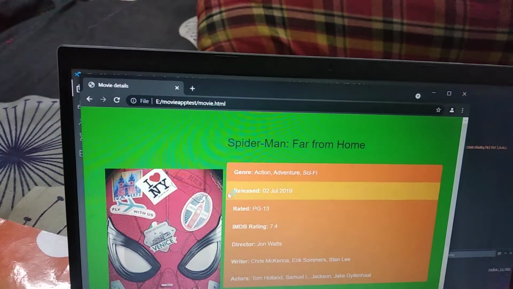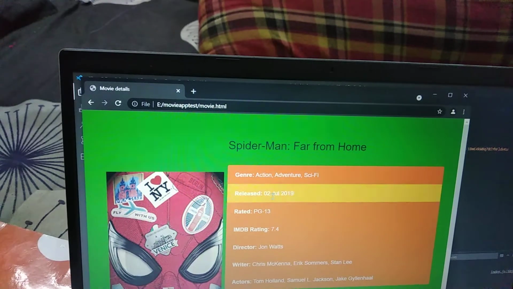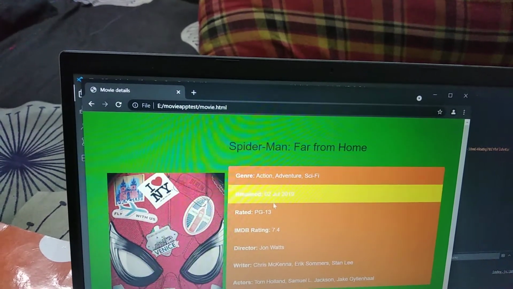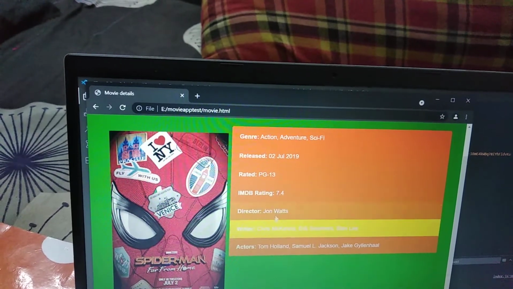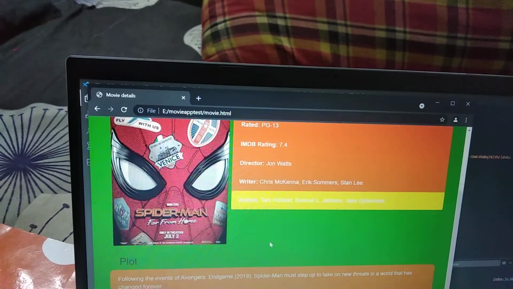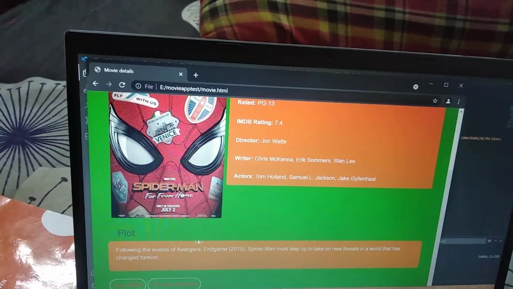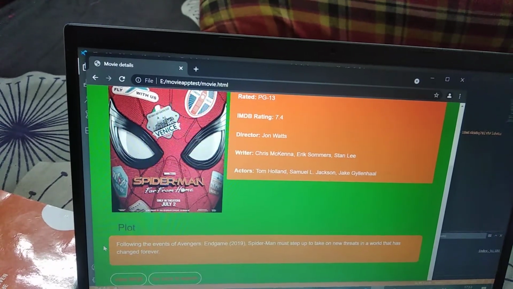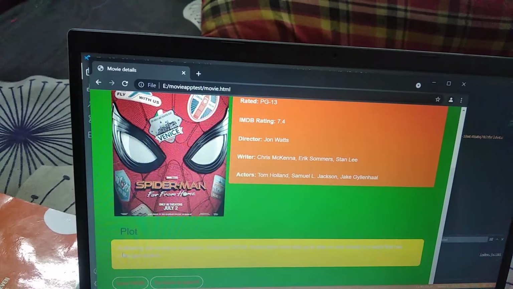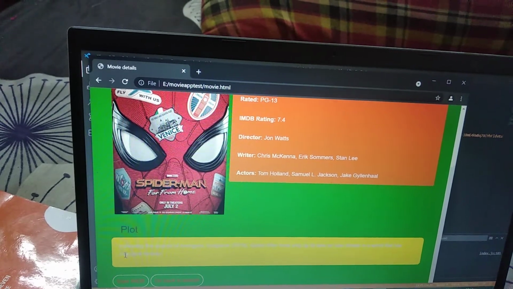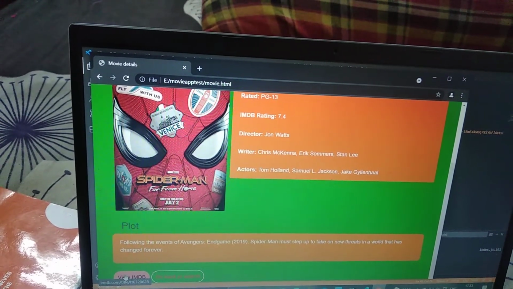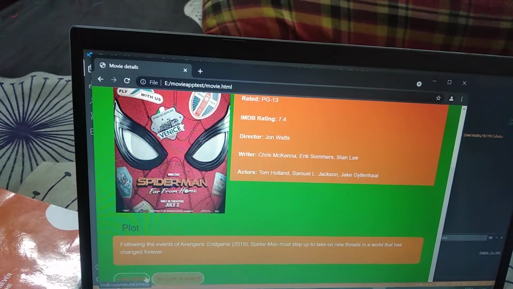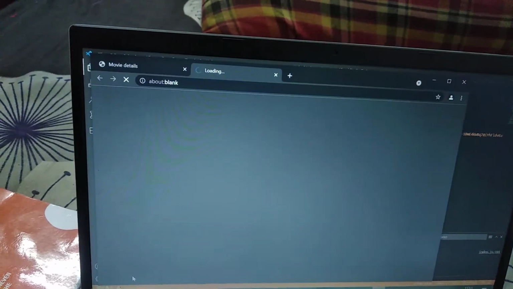it shows me the details image of the movie, and the details of the movie. When I hover over it, it changes to a different color. It shows details like its IMDb rating, its writer, its actor, and below that I have added the plot of the movie, which gives a small introduction about the movie. And I have added 2 buttons in another div, one to go to its original IMDb page and one to go back to search. So let me go to its original IMDb page.